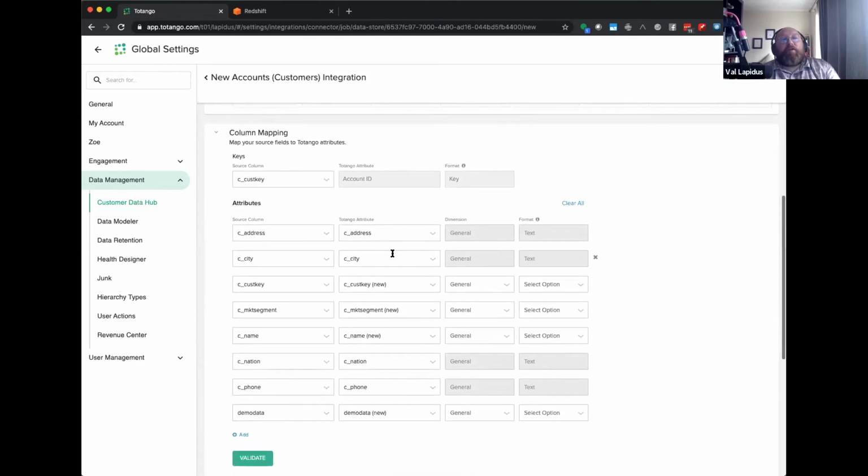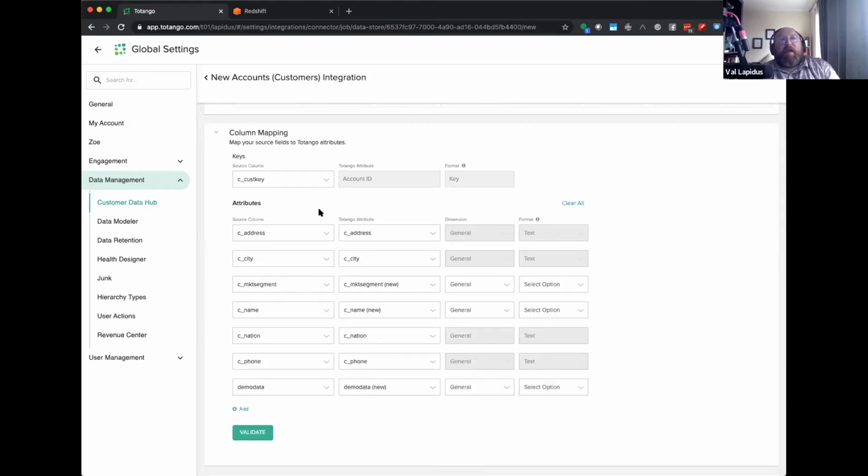That way in the future, whenever I bring an address from this table, it will always go to this API name. I can, at a later point, though, go into the data modeler and change the display name of this attribute to be more friendly to my users. I'll leave city, and customer key I already mapped, so I'm going to go ahead and remove that from the